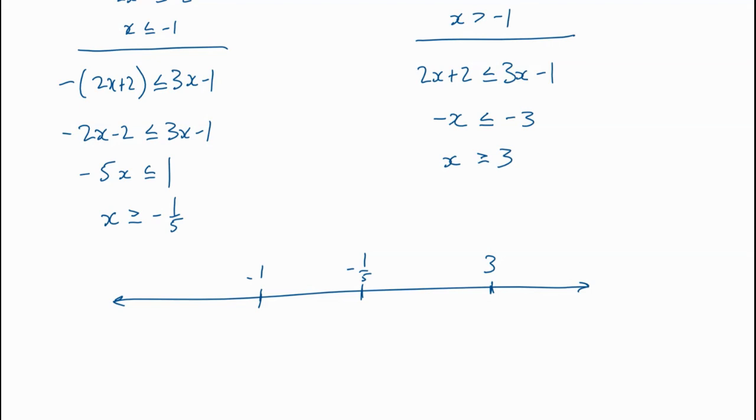So when x is less than or equal to negative 1, I include negative 1 and go that way. When x is greater than or equal to negative 1/5, I go that way. So what happened there? Are there any numbers less than negative 1 and greater than negative 1/5? No numbers, so no solution